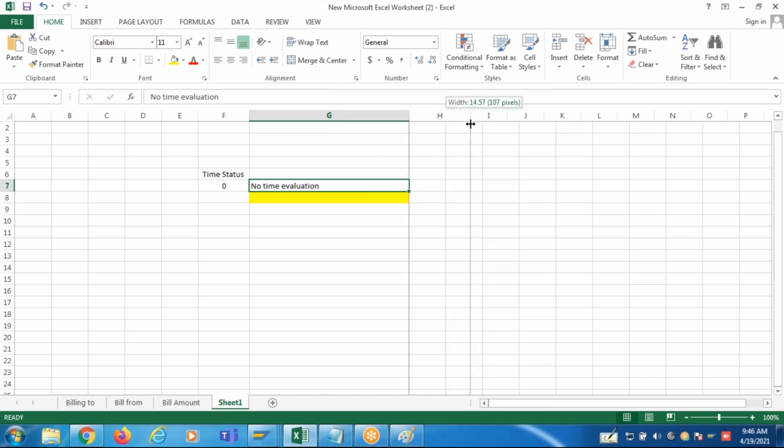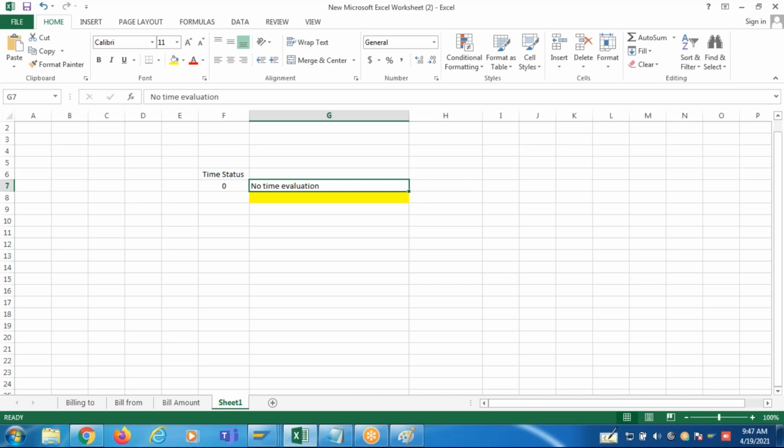One is for those who are, let's say, CEO, directors, or general managers. For them, we do not want to perform any calculations. We don't consider late comings, late outs, overtimes, incentives, etc. For them, nothing is required. No calculations are required.